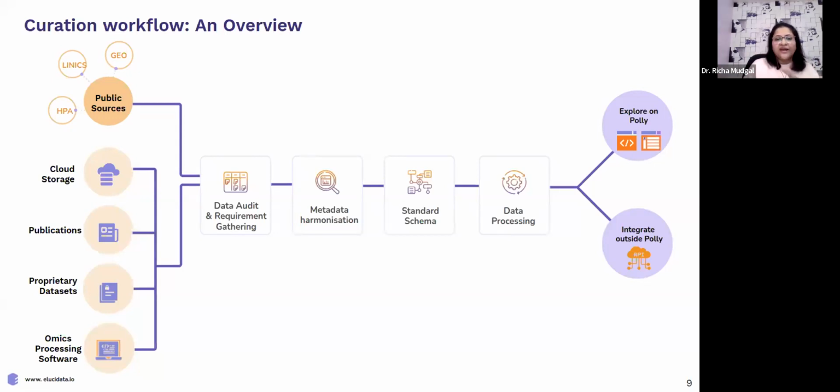So we have a framework of sorts, which is the curation workflow, and then we customize this based on what we understand from the customer and the data that they are providing to us, which could be a proprietary source. It could be something that they derive from different publications. It could be some of the internal biochemical assays that they run, or it could also be some of the public sources that they are interested in. They know this is the list of data sets that they want us to make usable for them.